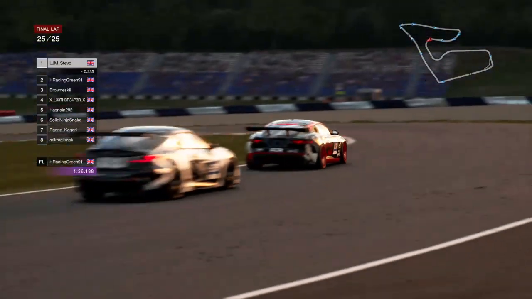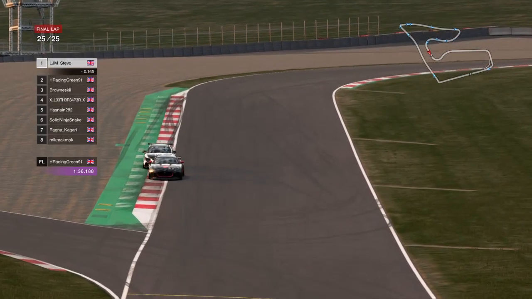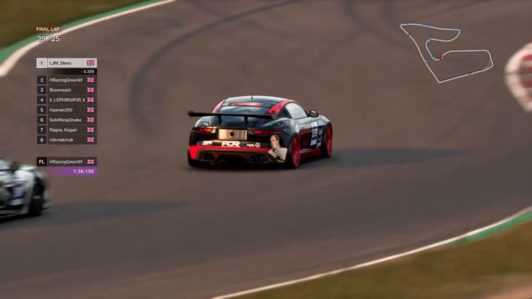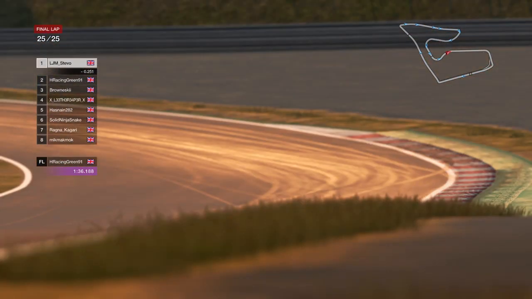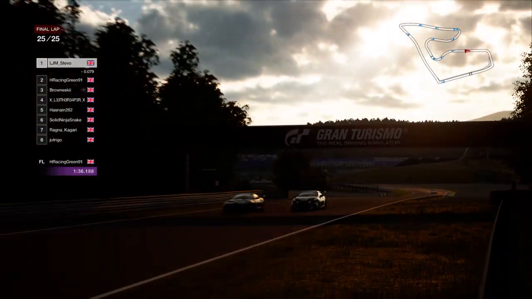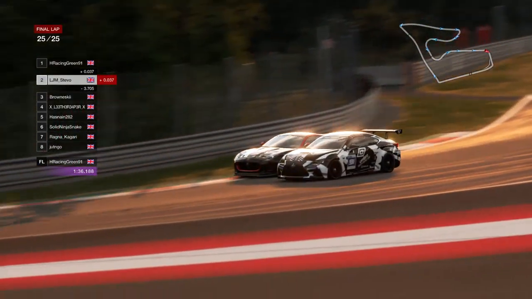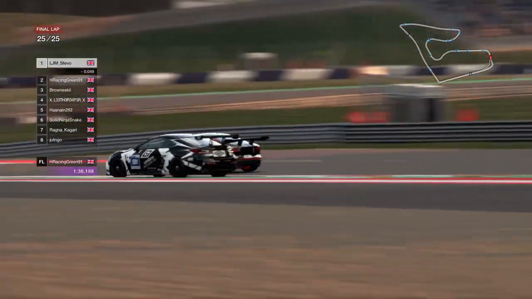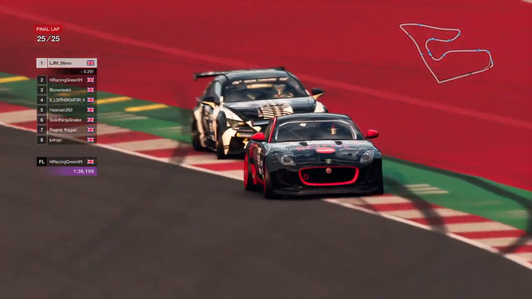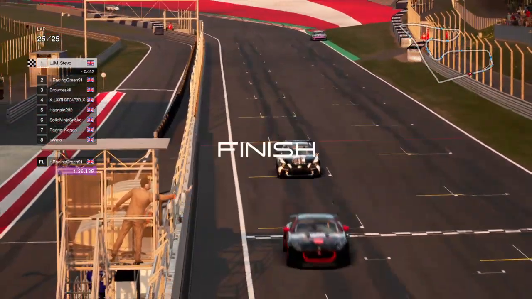And coming to turn 4 and 5, coming down the hill. Still looking for a way past, that gap less than 0.2 of a second. H Racing Green looking for a way past, tries to go side by side with LGM Stevo, does go side by side, gets past on the exit, doesn't manage to stay ahead. These two swapping positions. It looks like LGM Stevo though has won this race, with H Racing Green in 2nd position,